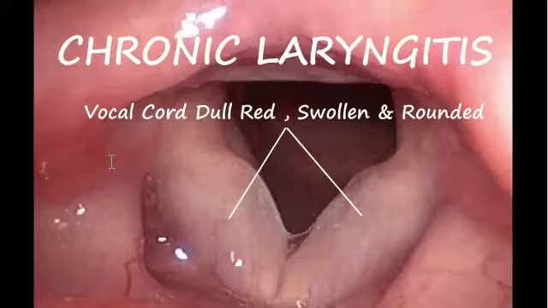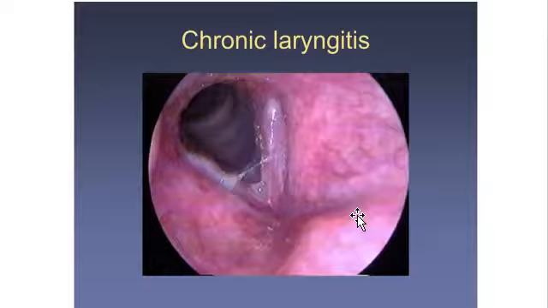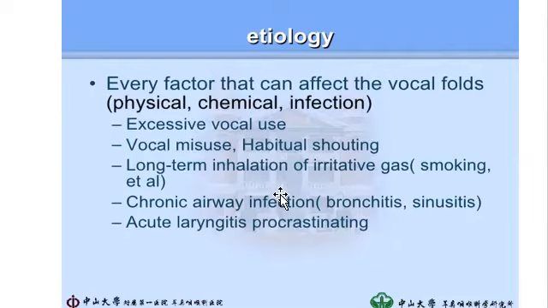Now about chronic laryngitis, you see the typical view of chronic laryngitis. You see the vocal cords dull red, swollen and rounded. It's another laryngoscopic view of chronic laryngitis. The etiological factors include